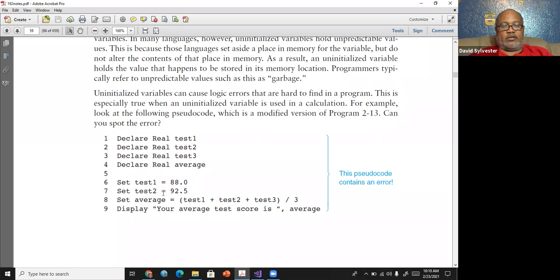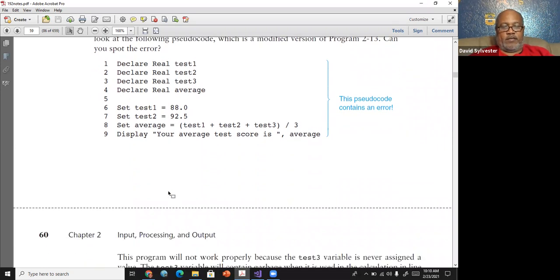They assigned test 2 to equal 92. But what happens here? They added test 1, test 2, and test 3. But what's the value of test 3? It was never assigned. So therefore, your program can give you complications, give you errors.